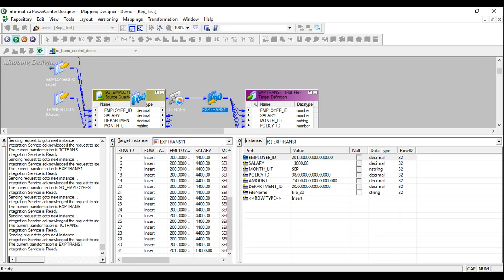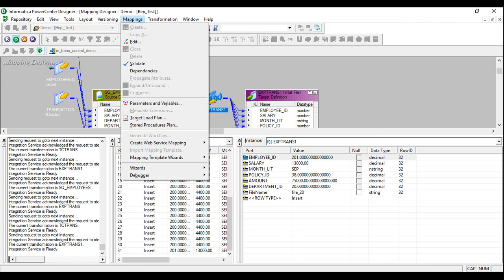So you see, as long as the department ID is the same, the employee belongs to the same department, we are writing constantly to a single file. As soon as the department is changing, the previous file is being committed using TC commit before. If I use TC commit after, that's going to create an issue because that particular transaction which belongs to a different department will also be written to that file. We don't want that because now that it's a new department, so we have used TC commit before.